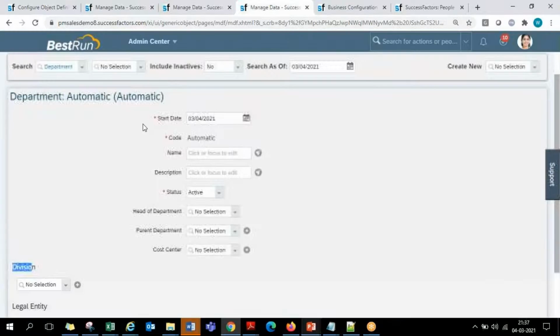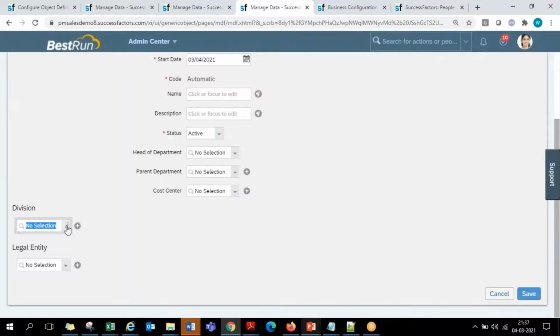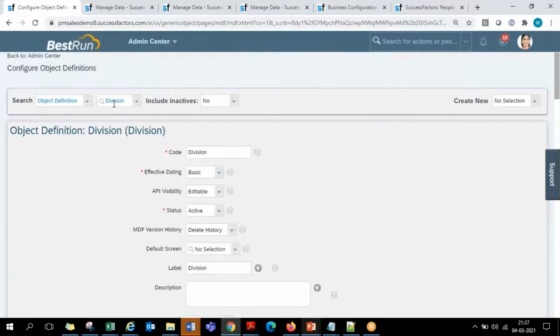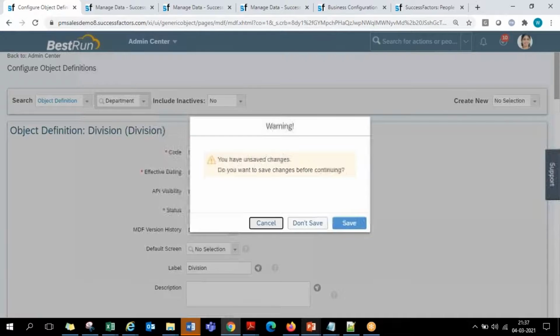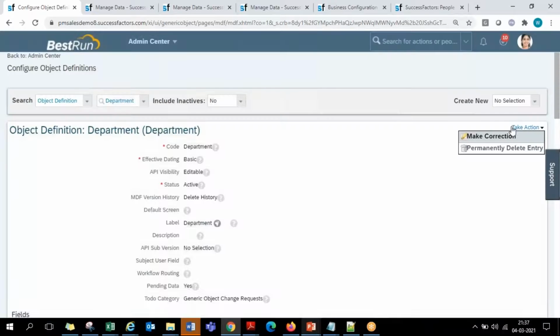Similarly, department level. Finally, when I'm creating a department, the just now created divisions are to be connected here as a parent. So don't bother about legal entity as of now. So for department level, division is the parent for me. Okay, so how this division is connected is here. When I go to the object definition of department, on the department screen, there are some fields coming. So obviously I have to go to the department object. Here in this department object definition level, what all screen fields are going to appear here?